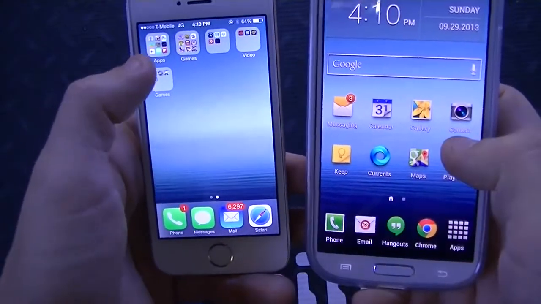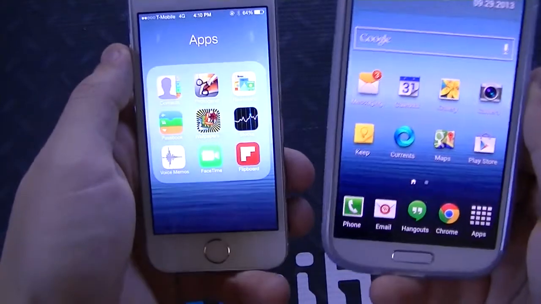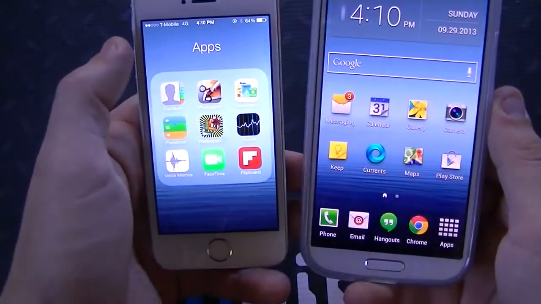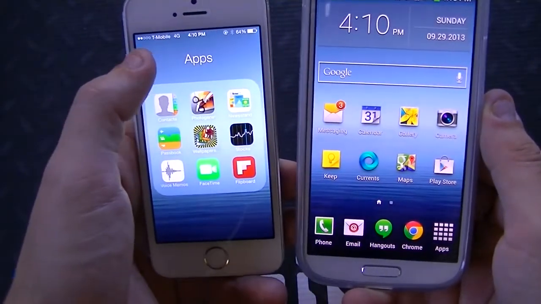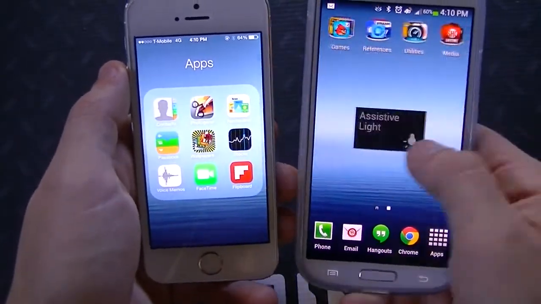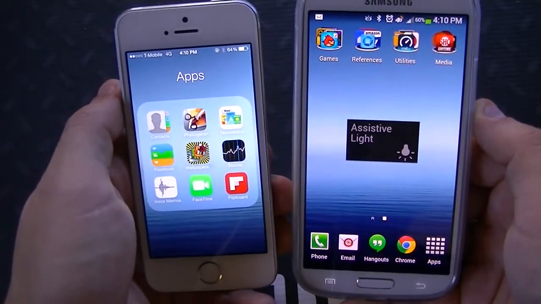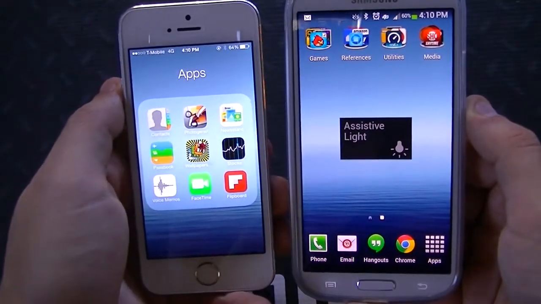Again, you have Google Hangouts on both, which are similar. You got FaceTime on iOS. You can download various different third-party FaceTime apps for this, or just use Google Hangouts actually for Android. The contacts, again, the reason why I don't want to go into contacts is because it's showing phone numbers, but the contacts are similar. It's just A to Z contacts. You can obviously put contact photos and emails and whatnot attached to those.